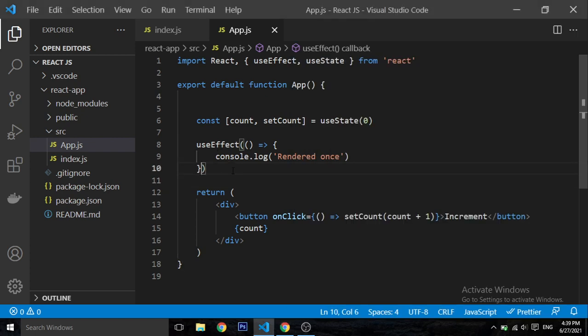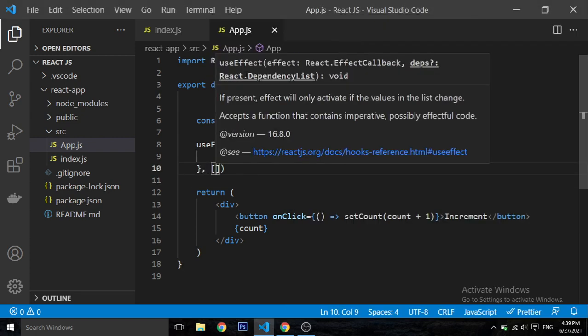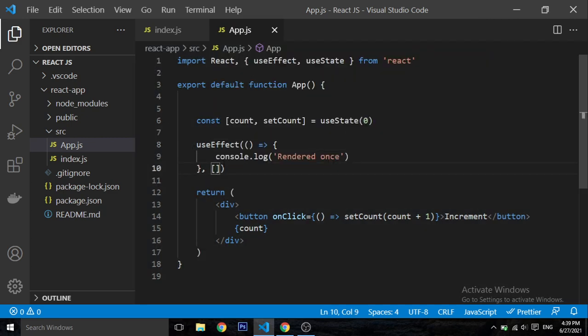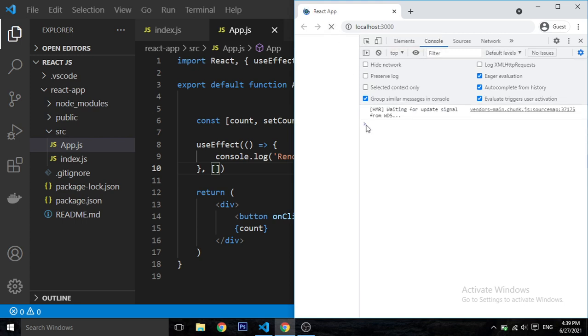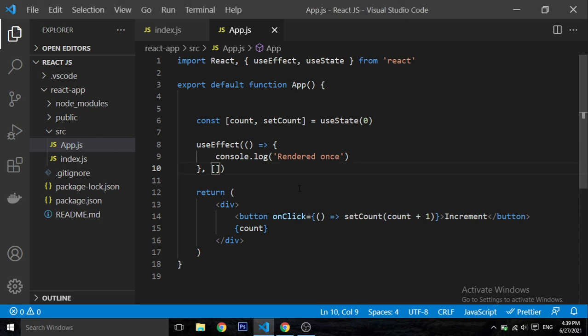The last thing about useEffect is the dependency list. As you can see, there are only 2: the effect we want to run, which gives feedback in our console, and then dependencies. If we type an empty array, that means we want it to render only once, when we update or reload the page. So you will see what I mean. There you go, rendered once. Now if I click on this, you will see nothing changes. This changes count, but it is not rendering again. So this is one thing.